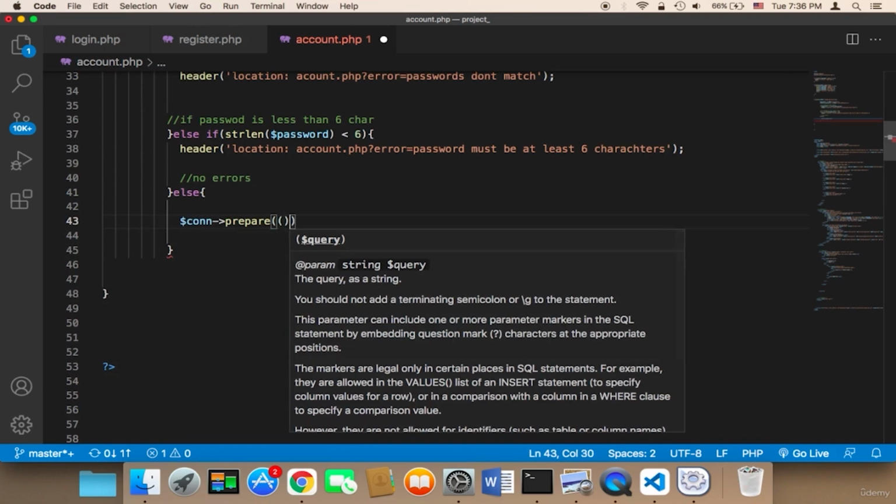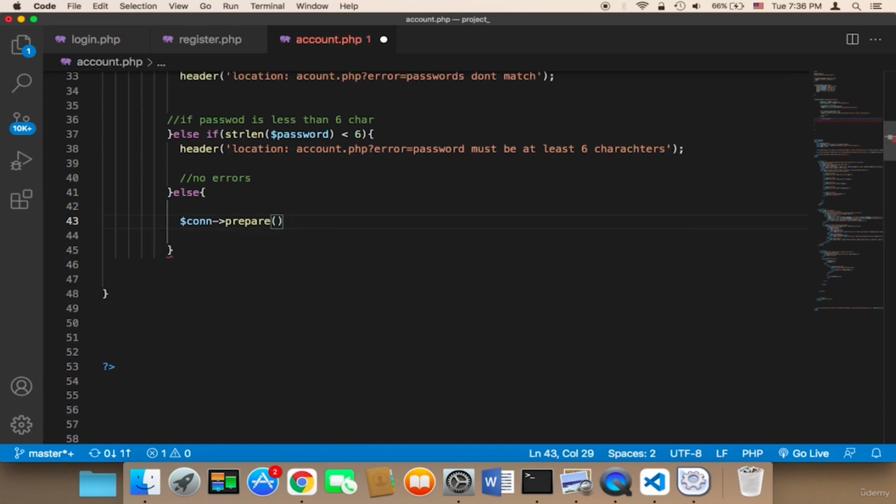And then we want to update the password. So we need to say update users, and then set user password is equal to question mark, where